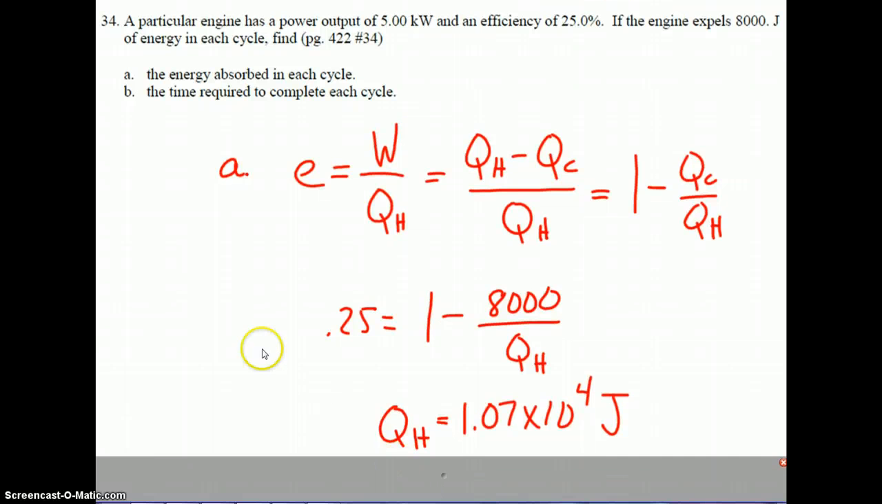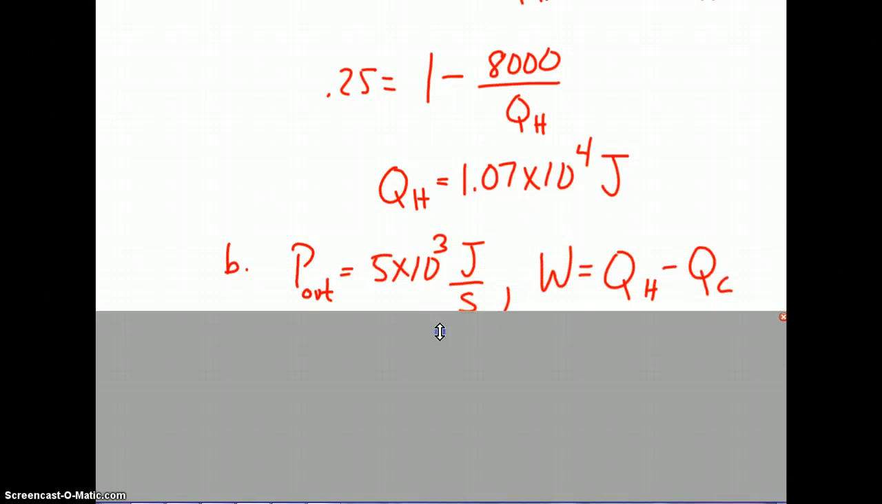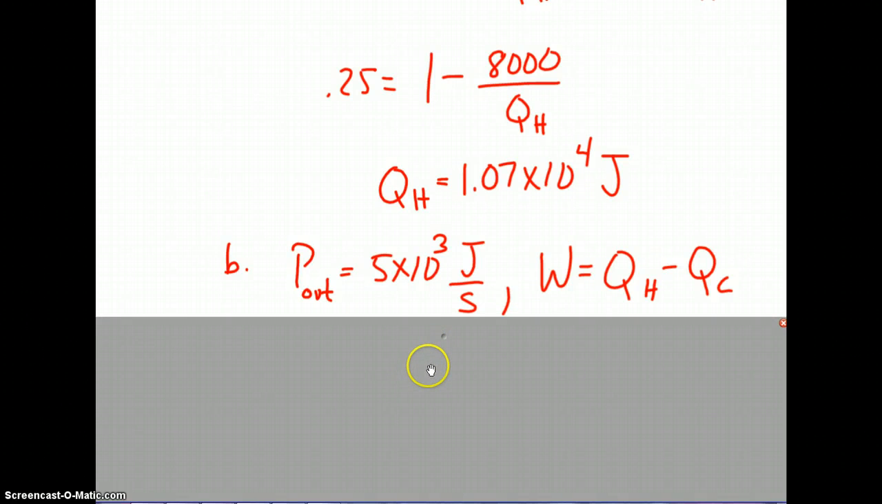All right, next, we need to find the time required to complete each cycle. And you're getting used to this by now, that time is tied to the power. So, let's see what we have to work with. Power is 5 times 10 to the 3rd joules per second, and power output is tied to work. So, it makes sense that the power that you're getting out of the heat engine is the rate at which